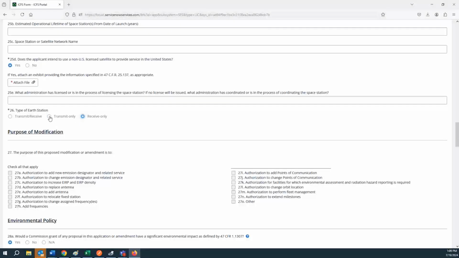So if you select one of these values, transmit only or transmit and receive, there will be some extra fields appended to the antenna section, where you specify the power of your transmit beam and a couple of other items of information. Whereas if you're selecting a receive only station, then you don't need to specify that. And I will show you what this looks like once we get into the Schedule B,